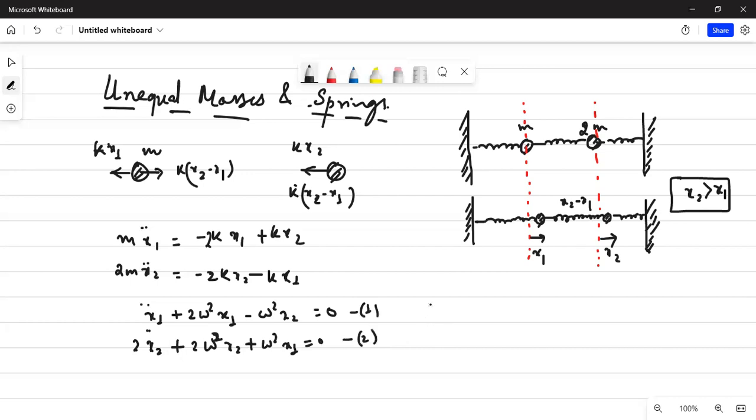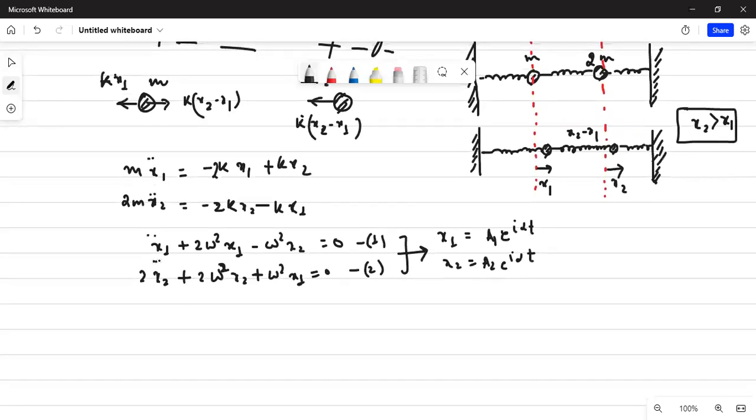And in the previous lecture we've discussed that the solution for this differential equation can be assumed as some trial function. So let us take x1 as a1 e to the power iota alpha t, and take x2 as a2 e to the power iota alpha t. Okay, and if I take these two solutions,